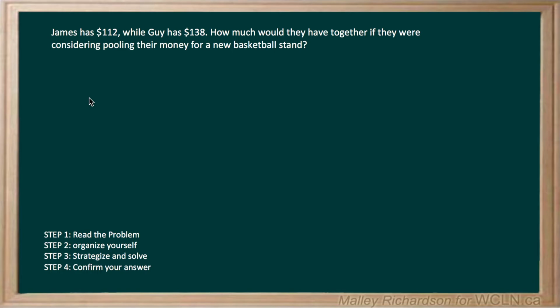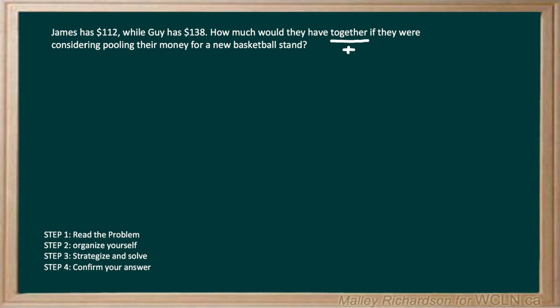To organize ourselves, we need to find out what the question is asking. We can usually find this out by rereading our last sentence. They ask how much would they have together if they were considering pooling their money for a new basketball stand. Now the key term in this sentence is the word together. The word together implies that we want to add James's money and Guy's money to get a total amount. So now that we've organized ourselves and figured out what the question's asking, we can move on to step 3